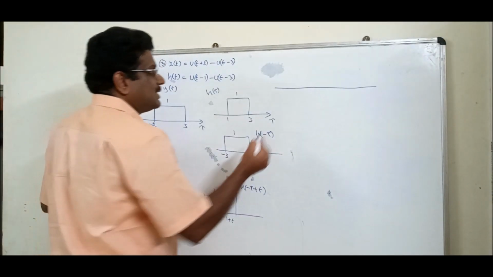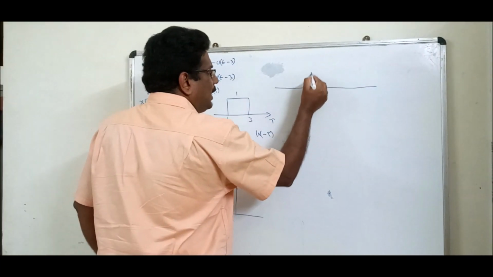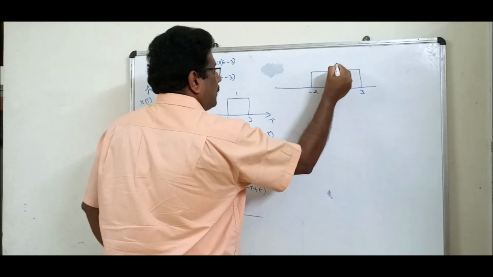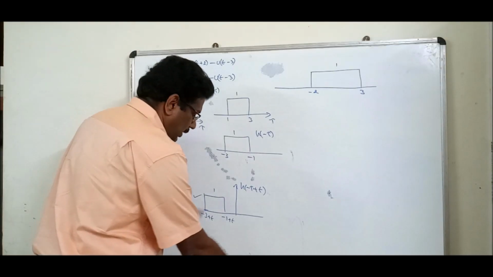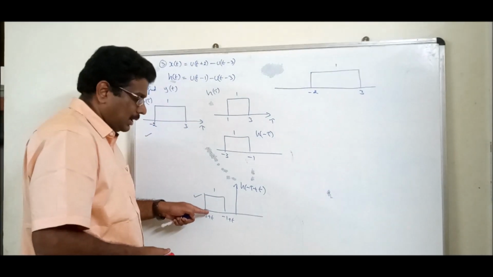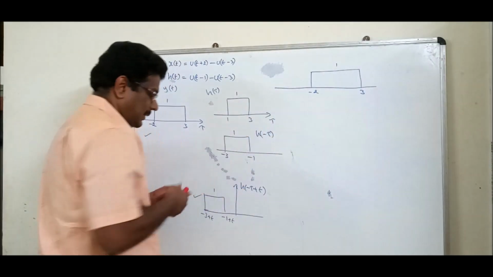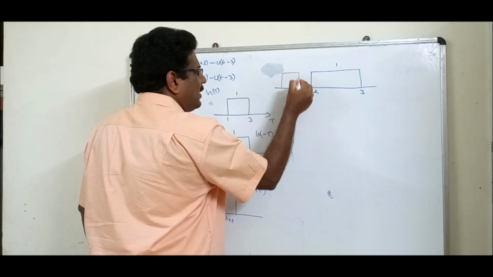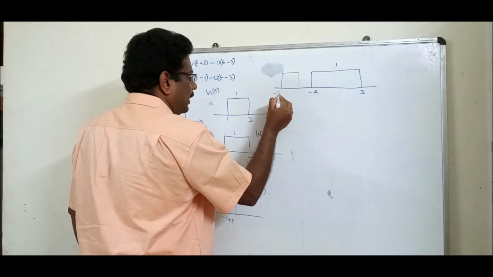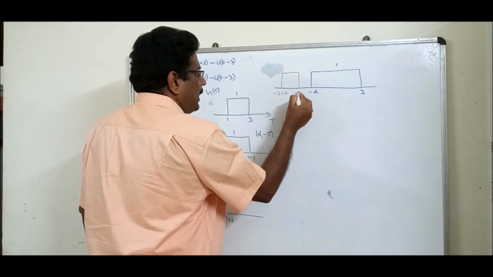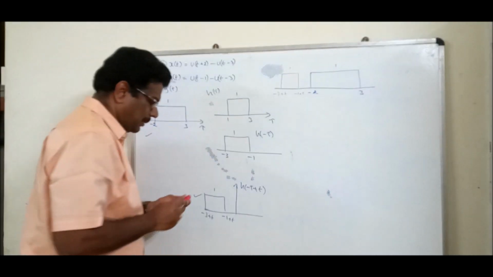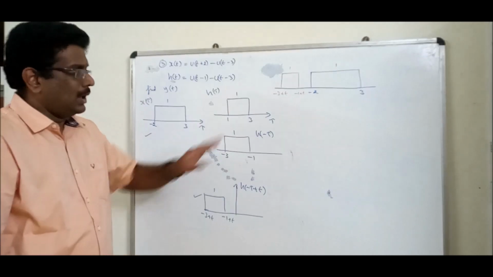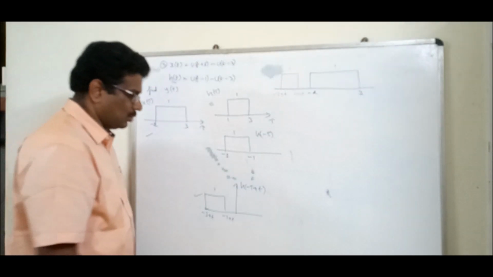So I am going to draw the fixed signal. Bigger width. Let it be bigger. Minus 2 to 3 amplitude. This signal I should do, preferably on the left side. Gap is 2, smaller width. Very important, you will come to know later. Minus 3 plus t, minus 1 plus t. Okay, I am ready with this. My preliminary work. Using these two generalized sketches, we can start the convolution.